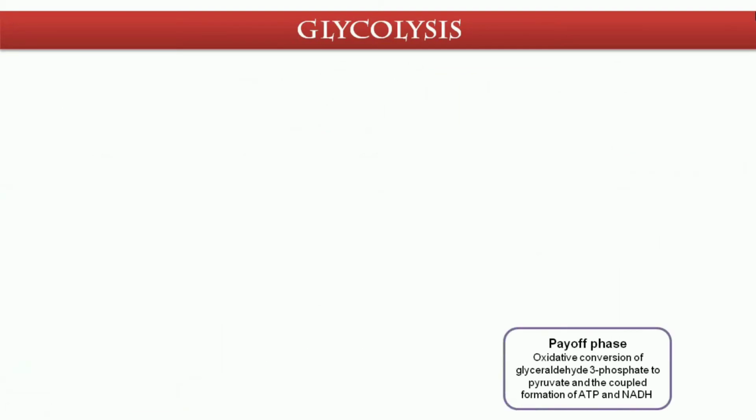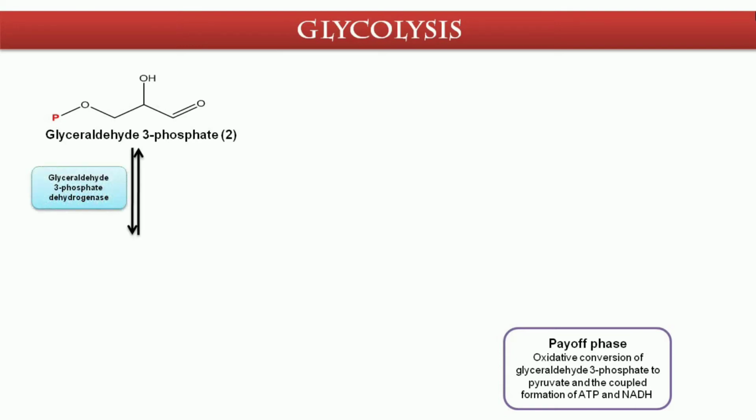Now the next phase is the payoff phase, which is the oxidative conversion of glyceraldehyde 3-phosphate to pyruvate and the coupled formation of ATP and NADH. Here, the glyceraldehyde 3-phosphate, which is two molecules, is taken, and with a reversible reaction with the help of glyceraldehyde 3-phosphate dehydrogenase,